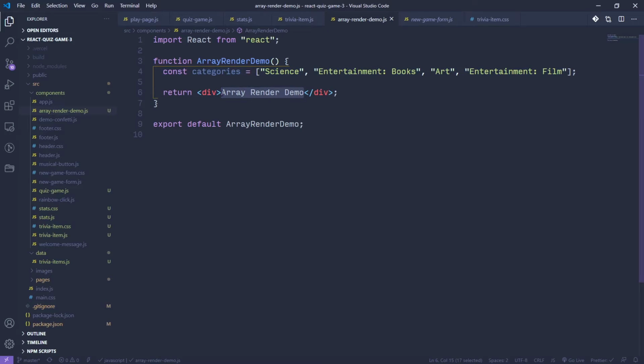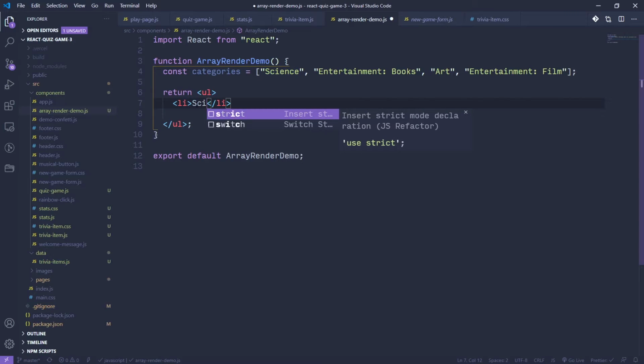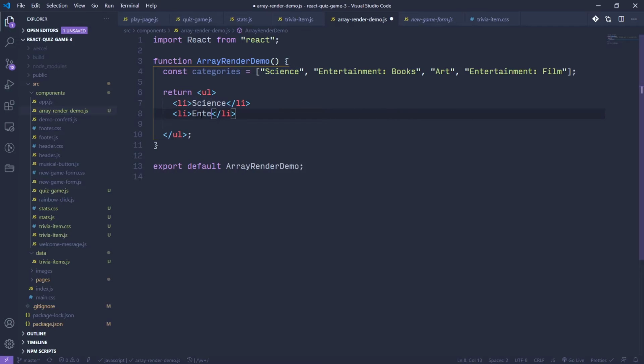the page. So we kind of want this to be, so I'm going to change this from a div to an unordered list by hitting F2 on that div, UL, and hit enter, and that renames the start and close tag. So I want to create a list here, and each list item, I want to grab one of those things. So here I want science, and then entertainment, books,